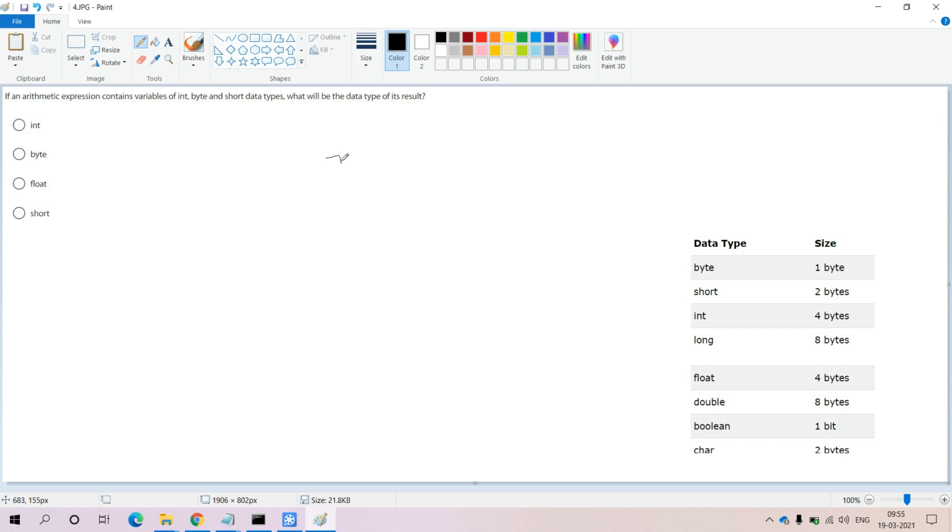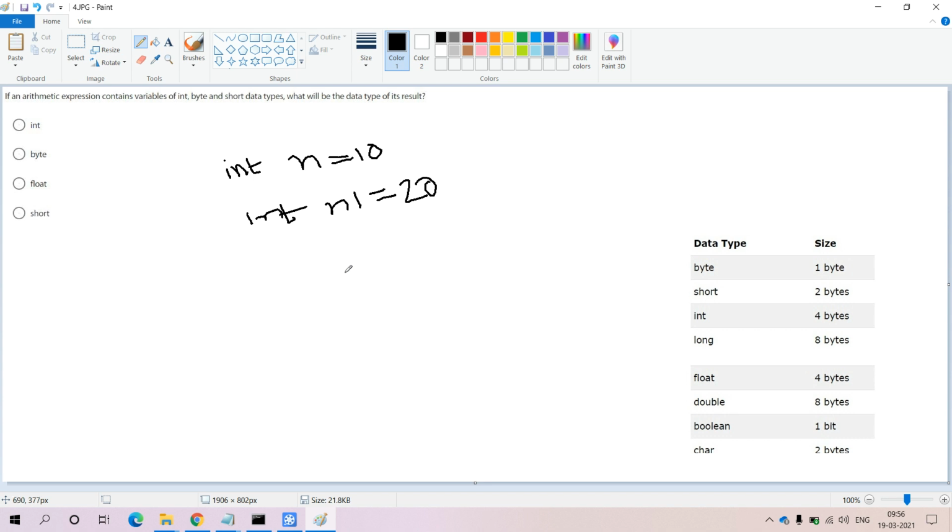Let me try to take one example here. n is the variable which is of the type integer, holding the value 10, and I have one more variable, n1, within which 20 is the value.